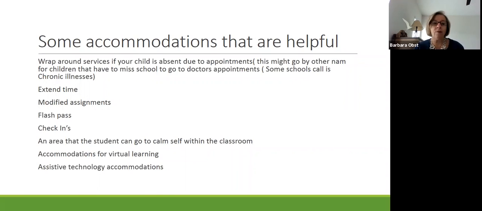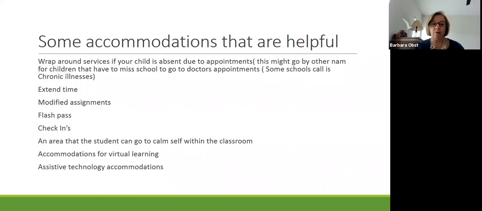Extended time is one thing that we can ask for, but we have to watch with extended time because it can actually be a snowball effect, that you have extra time to do a homework assignment or for tests. So again, it's something really to look at: is the extended time increasing anxiety, or do they just need chunking of materials, of things being presented in small bits and then you go on to the next,